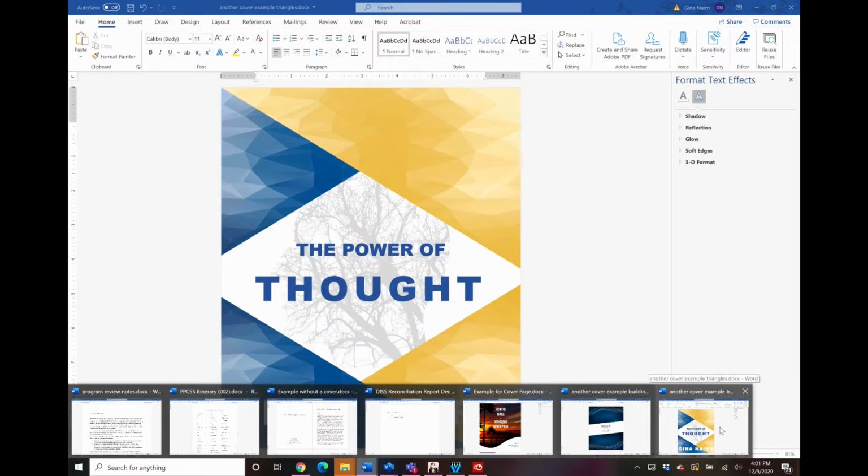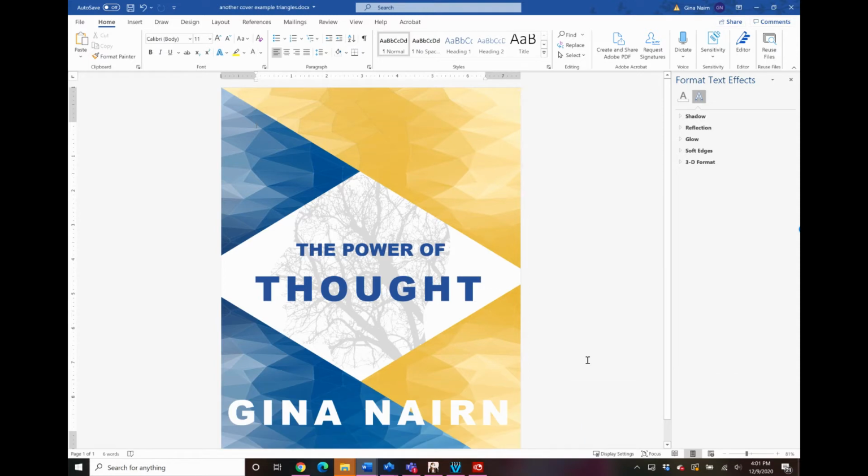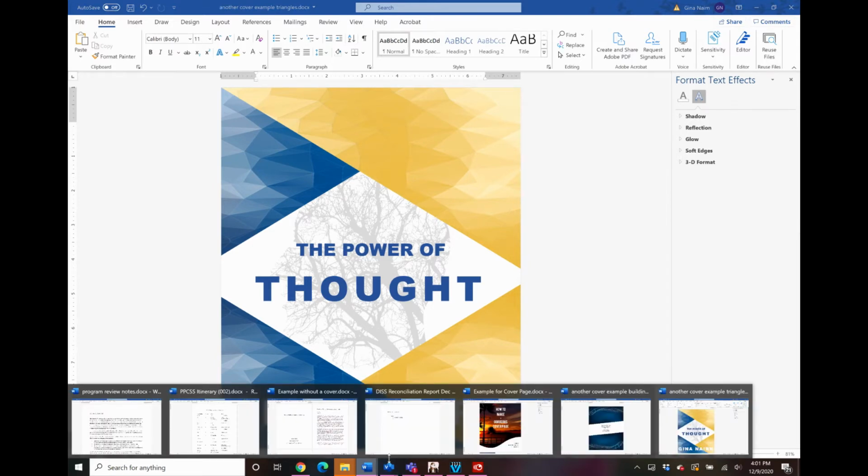And here's another one. Okay, so I'm going to show you how to do all three of those. I will put some markers on the video so that if you are interested in design number 1, design number 2, or design number 3, you can skip right to them. Otherwise, if you want to just follow along with me, we'll start with the first one.